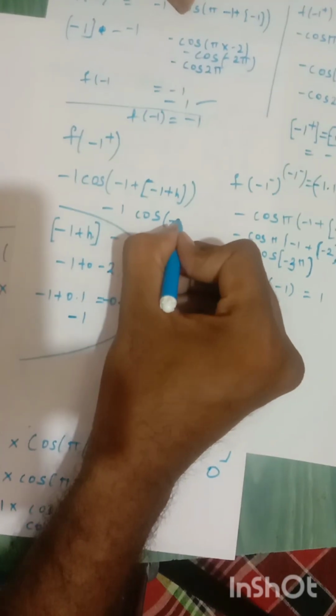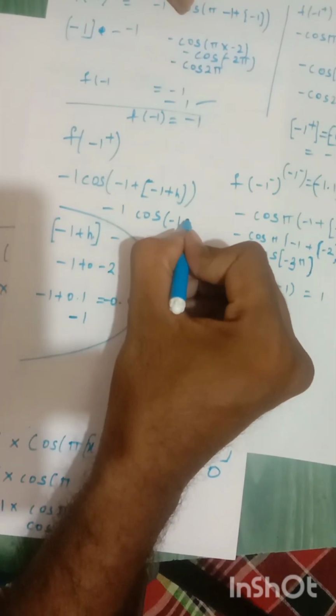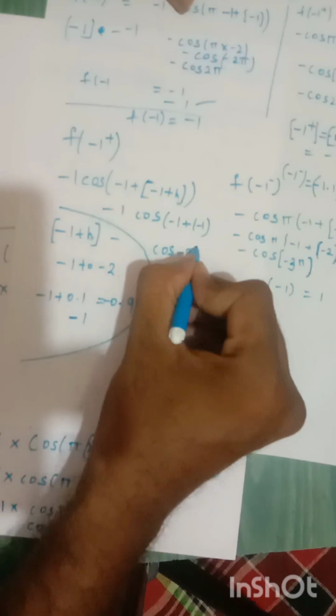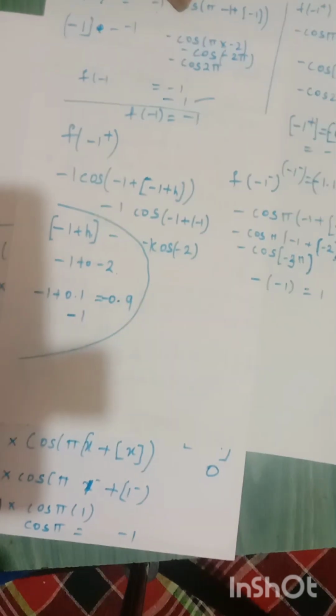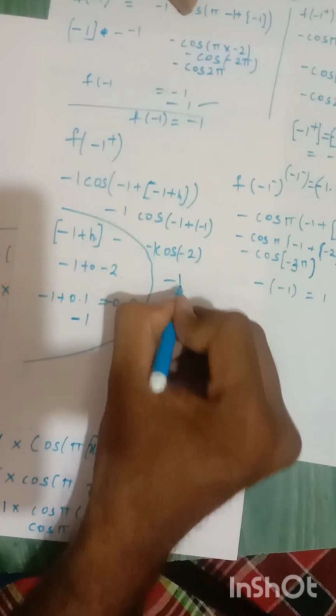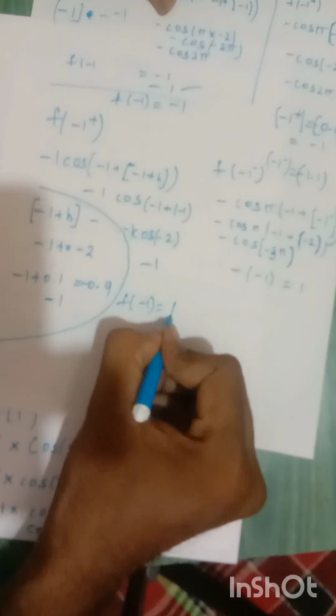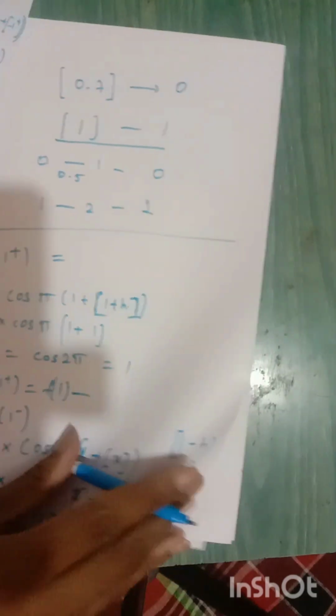So if we are taking minus 1 here, minus 1 cos of minus 1 plus of minus 1, it will be cos minus 2, and here it will be minus 1 as usual. So the answer will be again minus 1. So f of minus 1 is equal to f of minus 1 plus. Now what we have to find out is